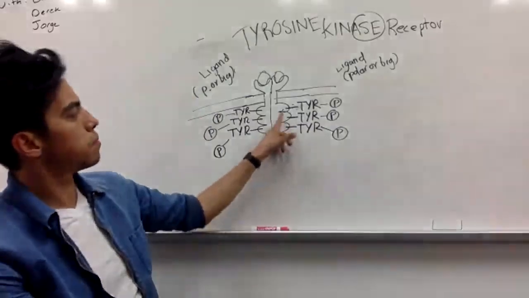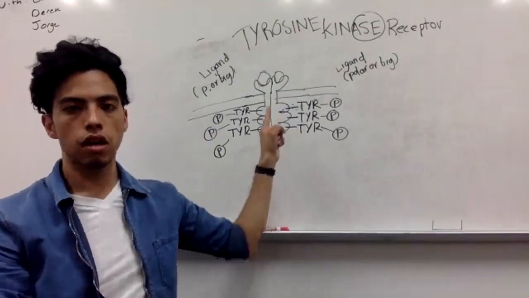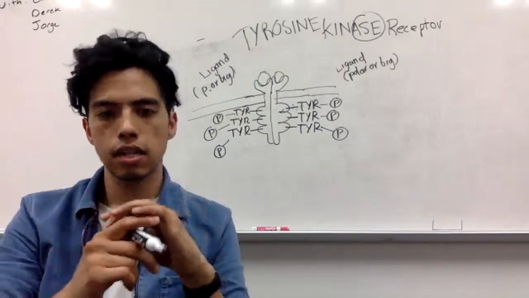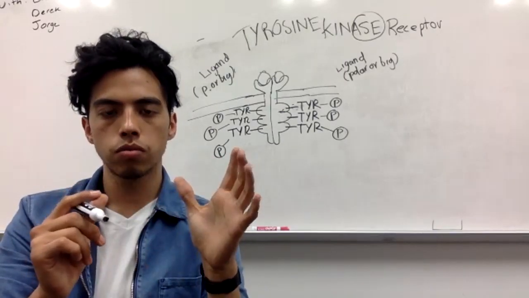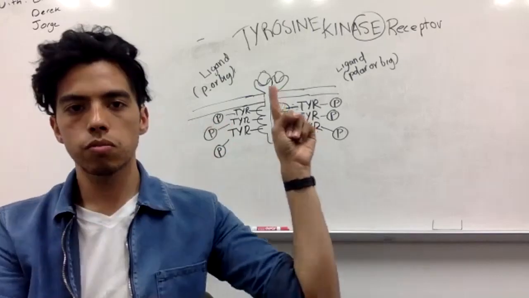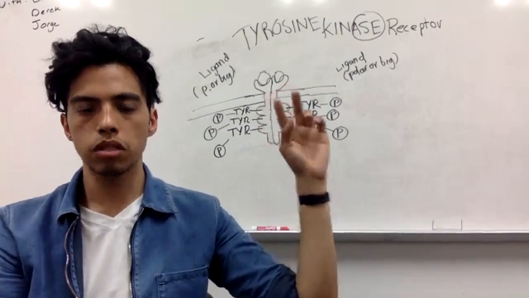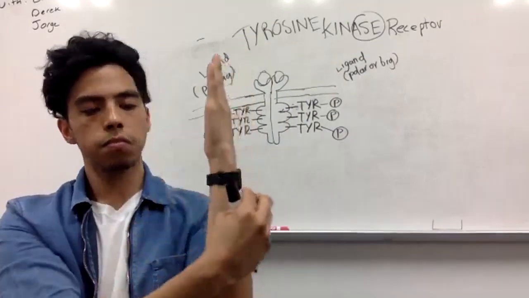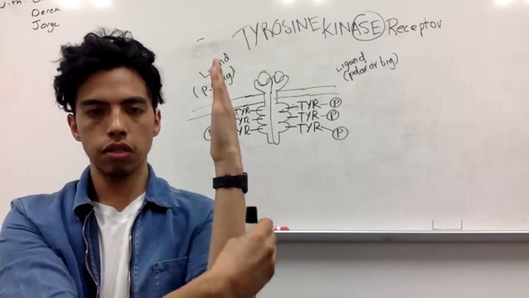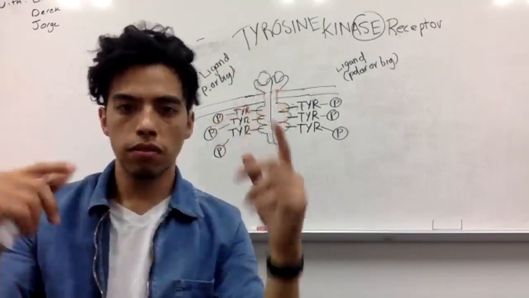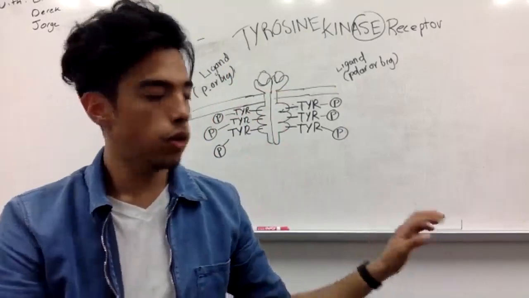So basically, these bumps on the outside are going to be phosphorylated. Once those ligand molecules bind, the proteins come together, and the tyrosines on the bumps of these proteins become phosphorylated. The purpose of that is that